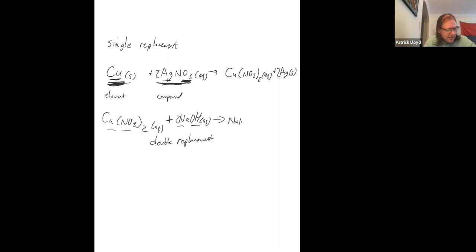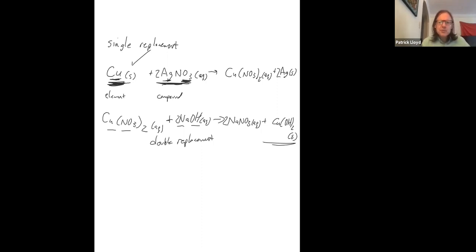NaNO3, and then Co(OH)2. That's a solid, right? That's a precipitation reaction, right? But it's also a double replacement, whereas this one's a single replacement. Okay, there you go. We're running a little bit short on time here, but I do want to see,